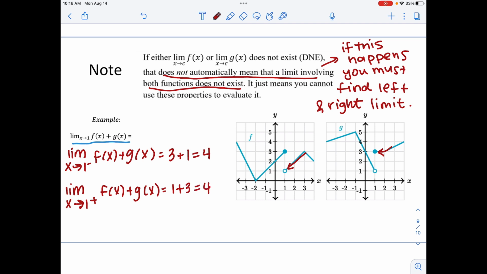Therefore, because they are the same thing, we know that if the left-hand limit and the right-hand limit are the same thing, then that's the overall limit. So the overall limit to this is 4. If the other one, like the bottom one, had been 2, so if the left-hand limit was 4 and the right-hand limit was 2, then it would have been does not exist. But if this ever happens, you always have to check the left and the right-hand limit. Makes it trickier,